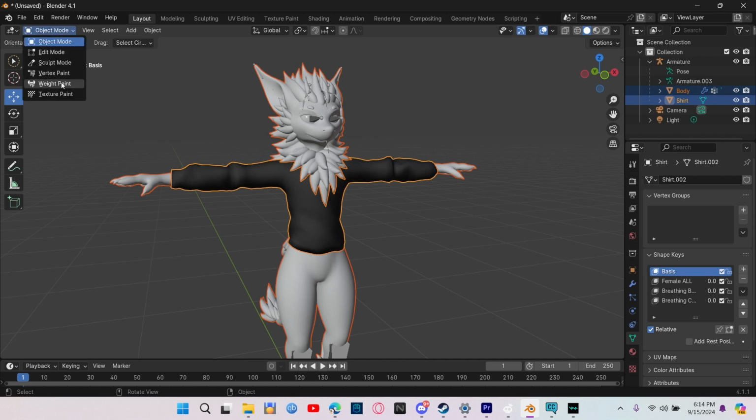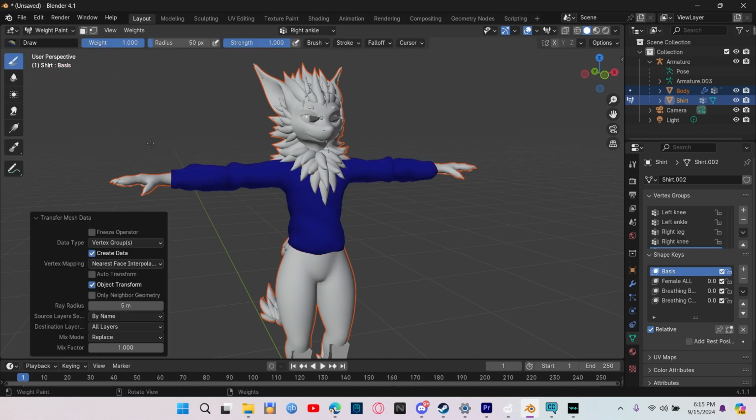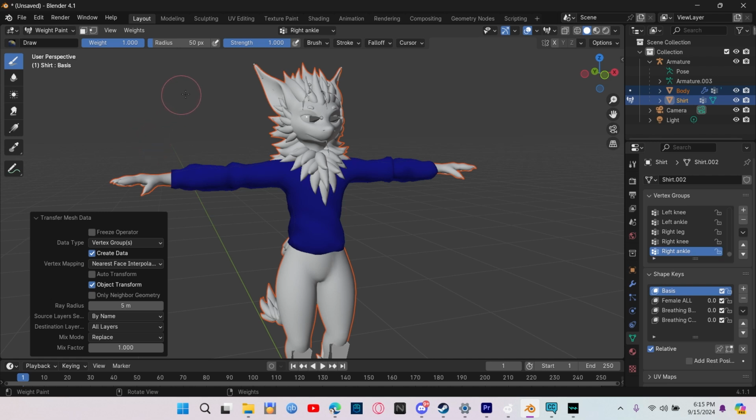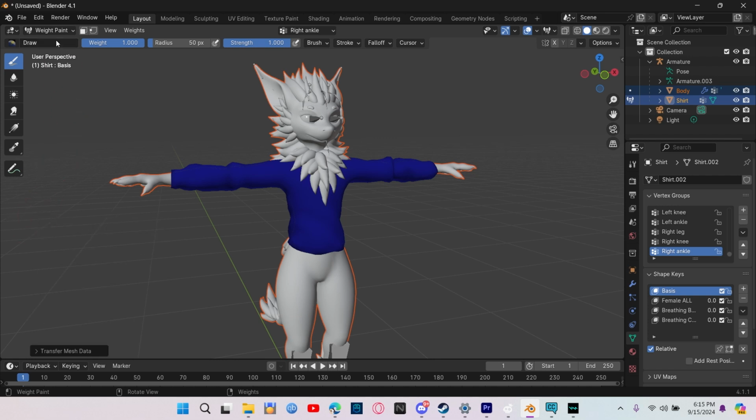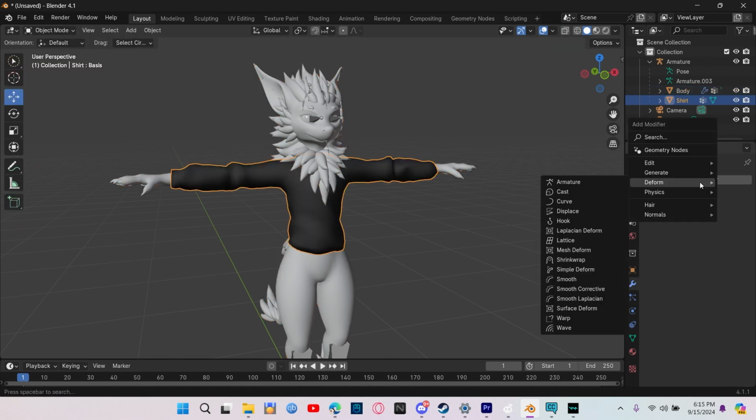We're going to go to Weight Paint. We're going to click on Transfer Weights, and then from here, you want to click on Nearest Face Interpolated, right? Change the radius to 5. For source layers, do it by name, and then all layers. Boom. Okay, cool. Now, when you're done, object mode, click on the blue wrench, add modifier,